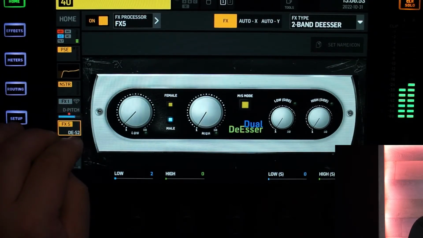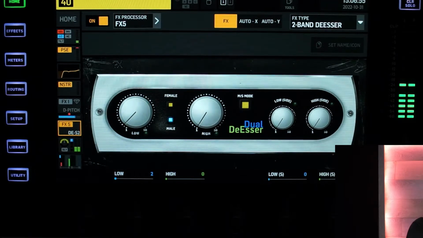The mid-side will be useful on your mid-side source. Mid-side source, for those of you who don't know, is when you take a mid-side miking technique using